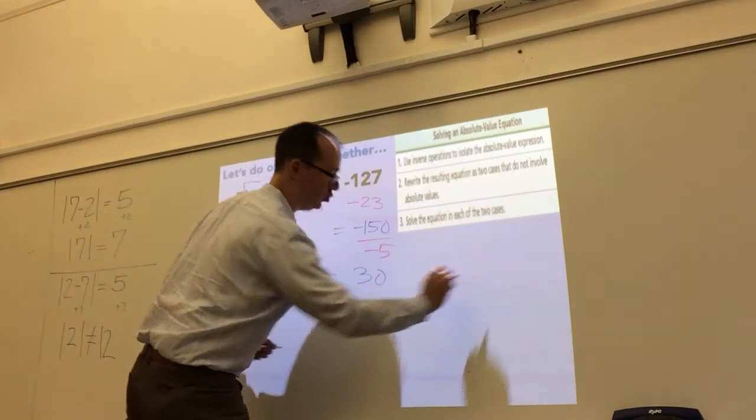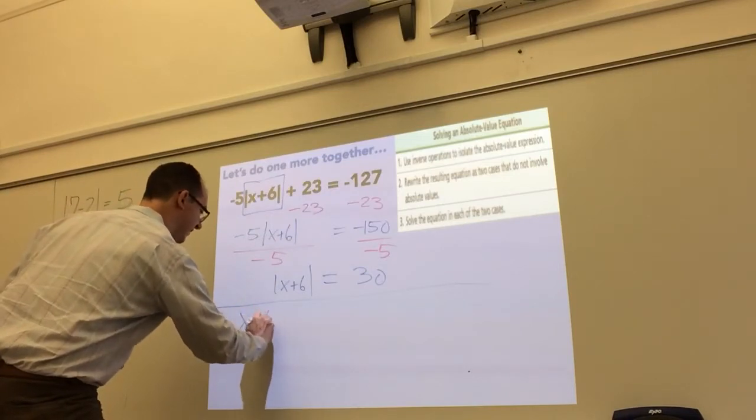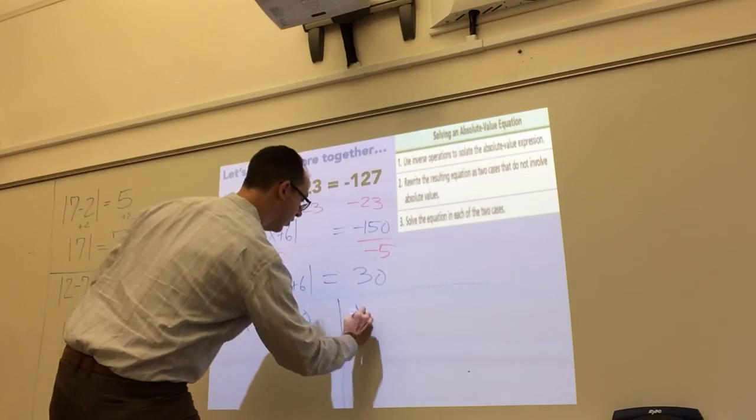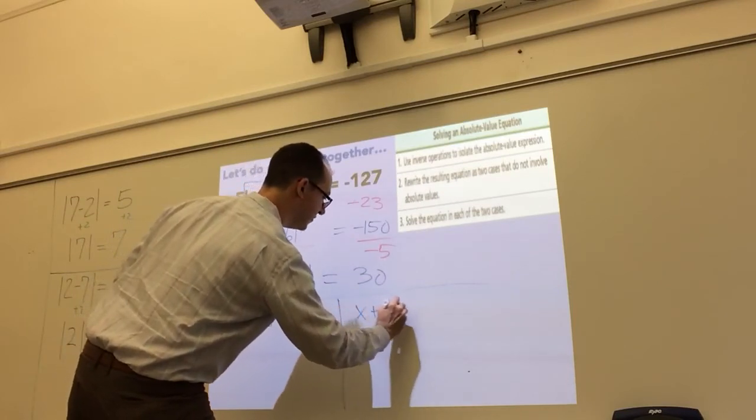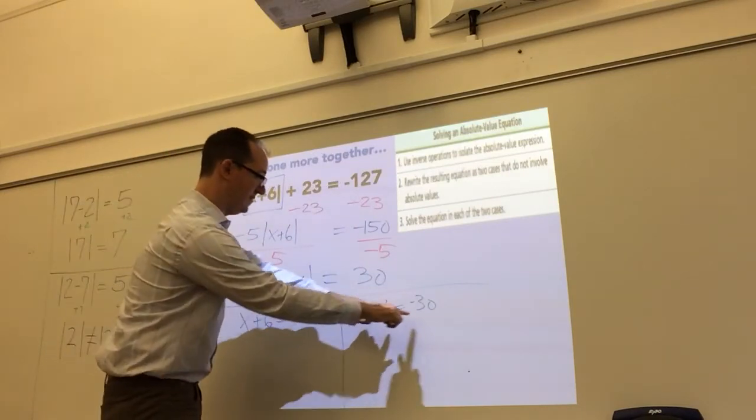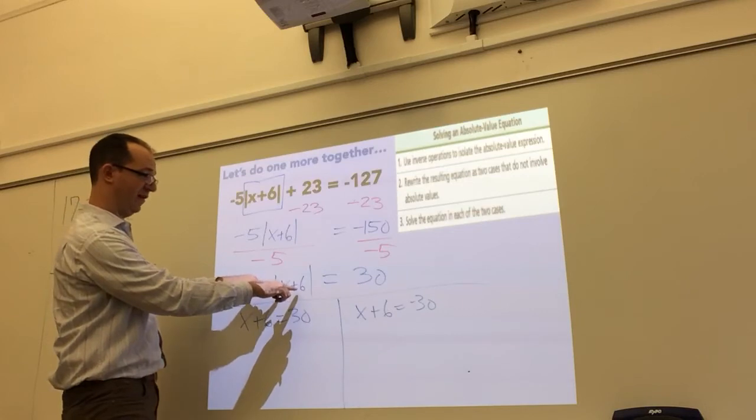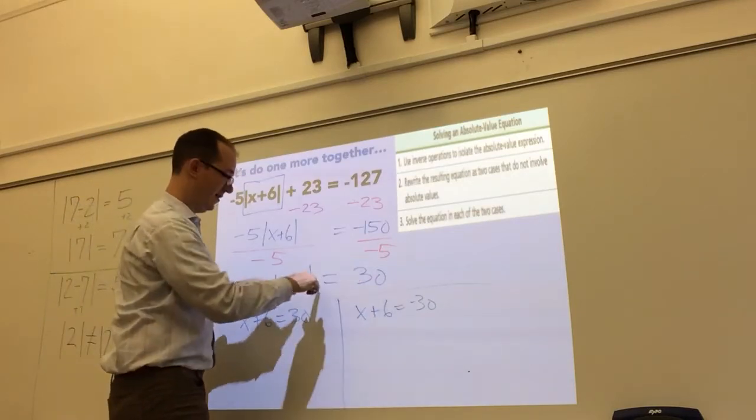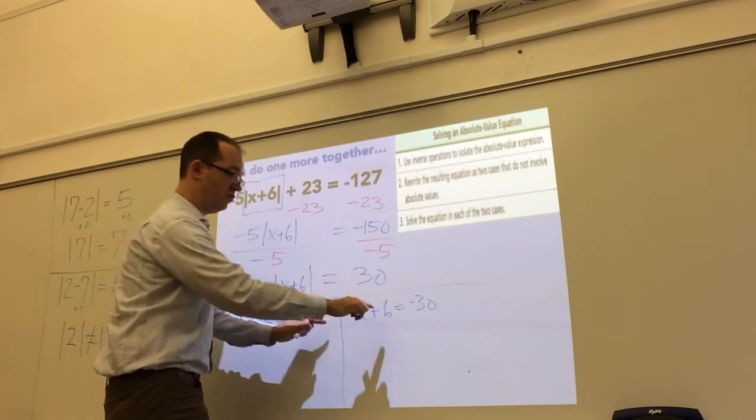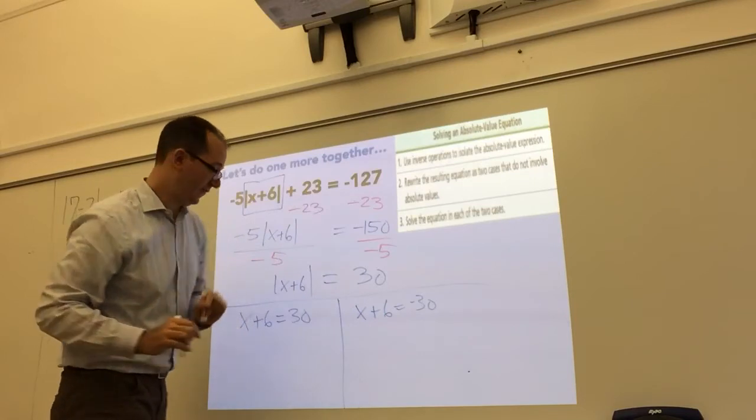Now we can set up two scenarios. One where x plus 6 equals 30, and one where x plus 6 equals negative 30. Just think about that for a second. If x plus 6 equals negative 30, this would be the absolute value of negative 30, and it still does make this equation true where it would equal 30. So there are two different situations. I'll let you solve it from here